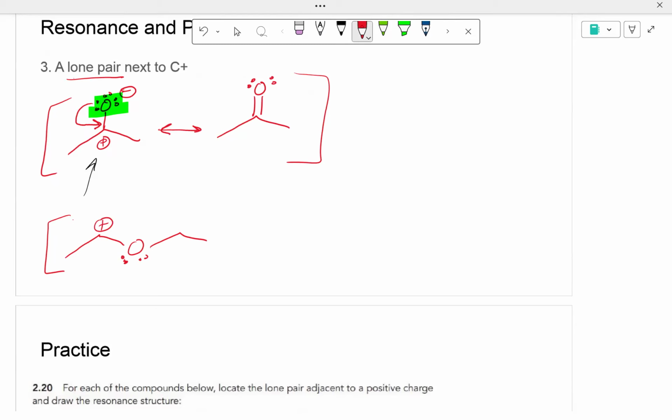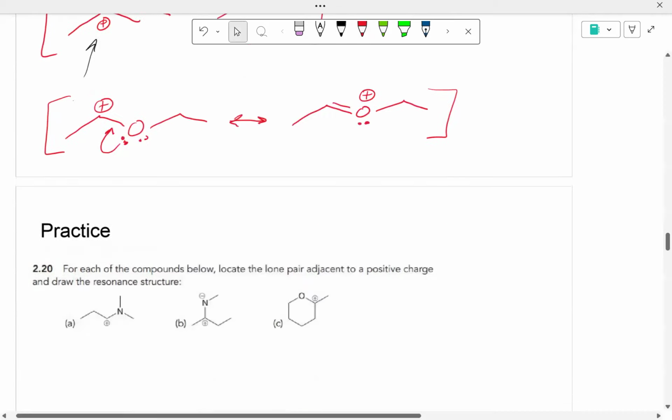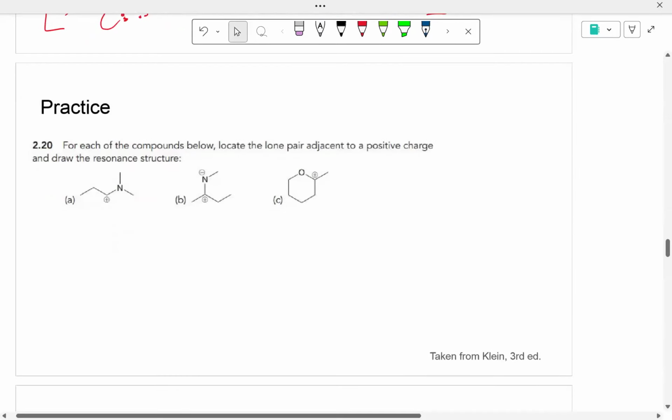So we have a carbocation there. The atom adjacent to it has a lone pair. So I'm going to use that lone pair to form a pi bond. Now that oxygen gave up a lone pair to form that pi bond, so it now has a formal charge of +1. Okay, so